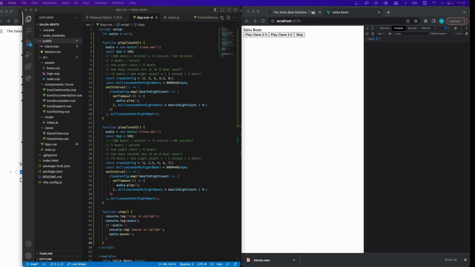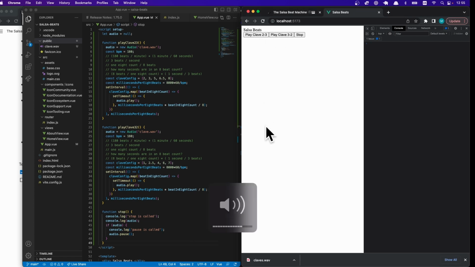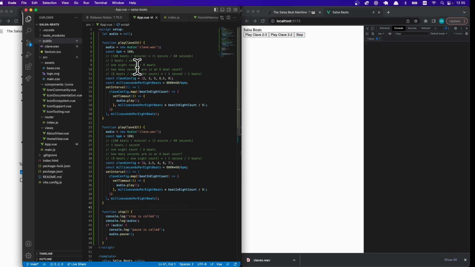All right, so where we left off last time was we have a button that can play the 2-3 clave or the 3-2 clave. When you click play, but the problem is the stop is not working, and so let's try to figure out what it is. So I'm gonna actually undo the code I wrote before and actually set the audio up here